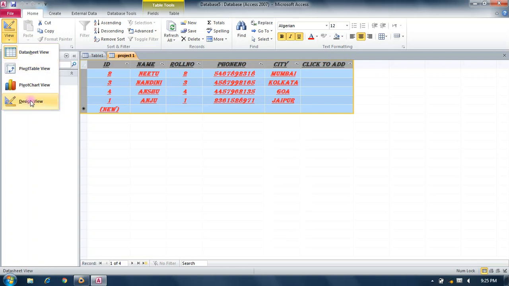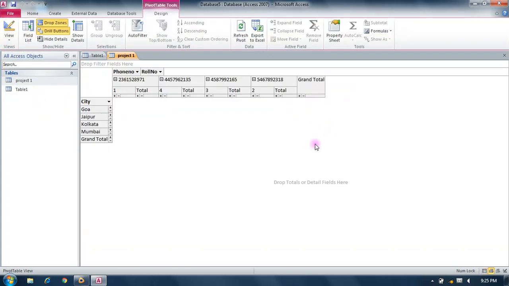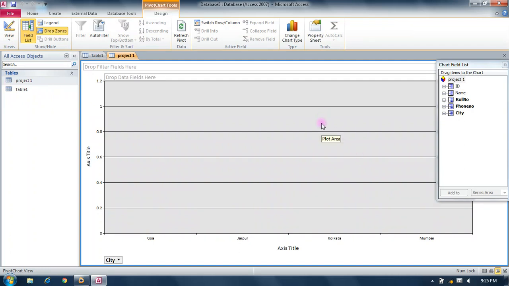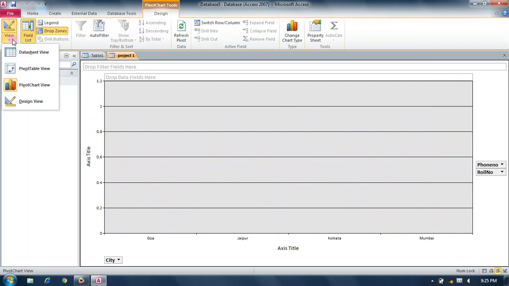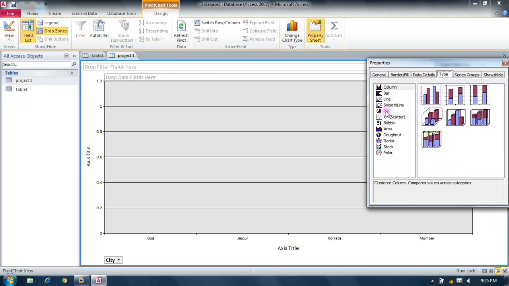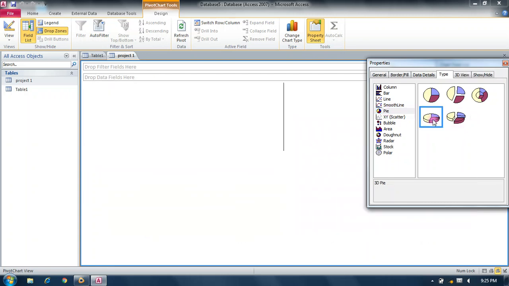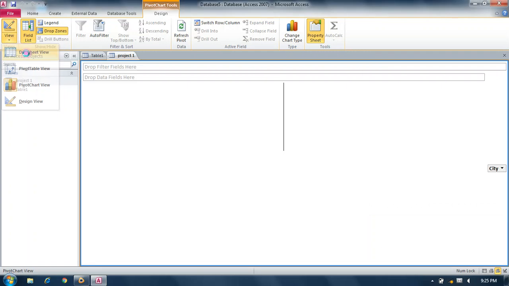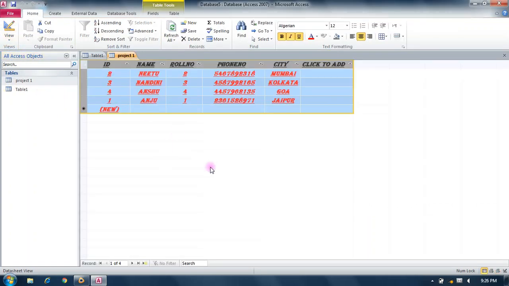Or design view, you can select from here, and you can change your table in pivot table view and pivot chart view like that. Or you can change your chart type from here. Or again if you want to view your datasheet view again, select from this.